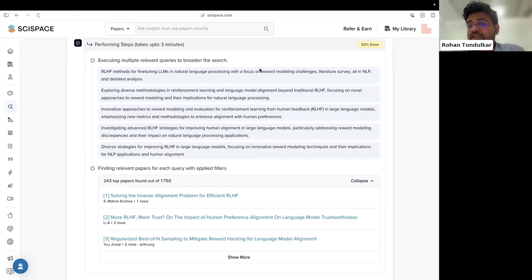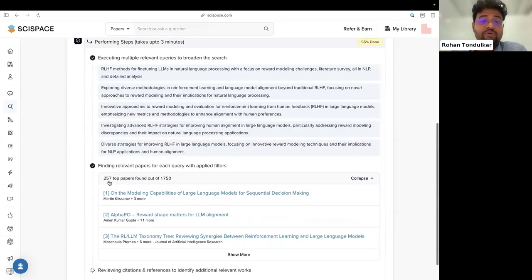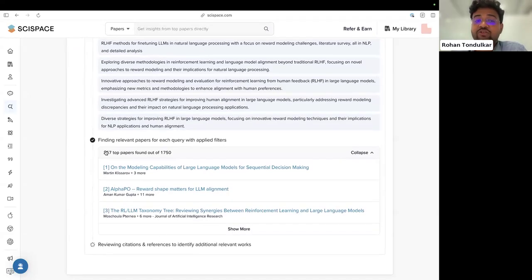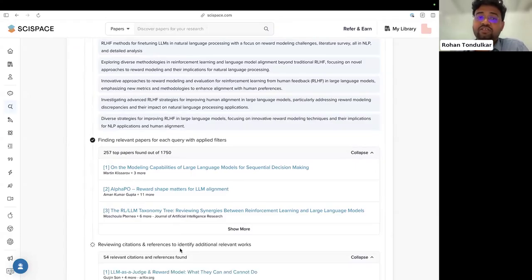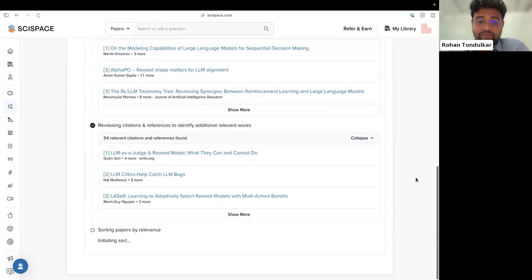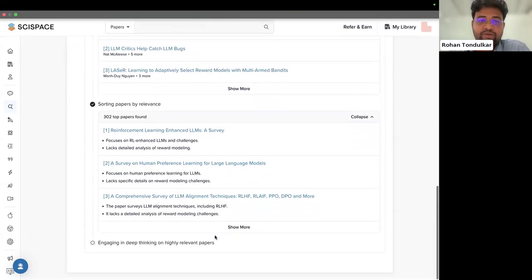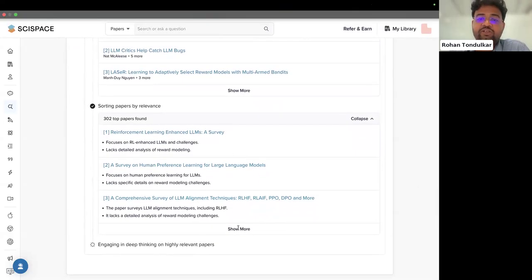Obviously, you can't read them all, but in the table through columns, you can quickly shortlist because you're already dealing with relevant papers here, right? So you got 257 papers. Now, like a researcher, we are going through the citations of all of this and references to find any more additional works, right? So we found, let's say, 54 more relevant papers. Okay, so it's sorted all the papers. Let's put some survey papers on top because they have the maximum coverage, right?